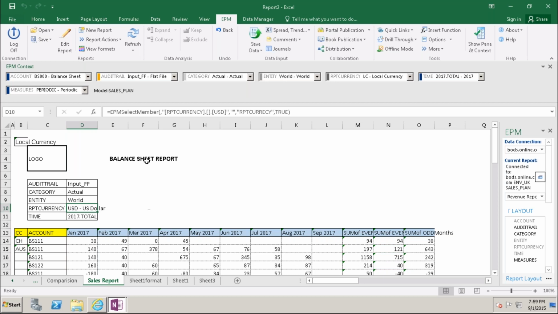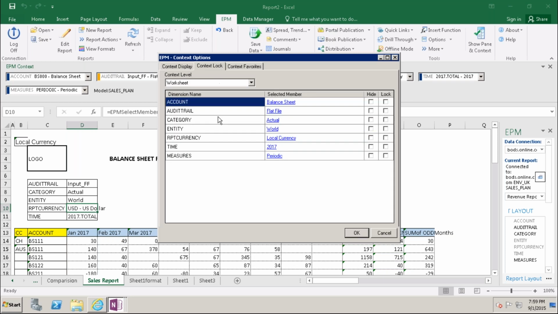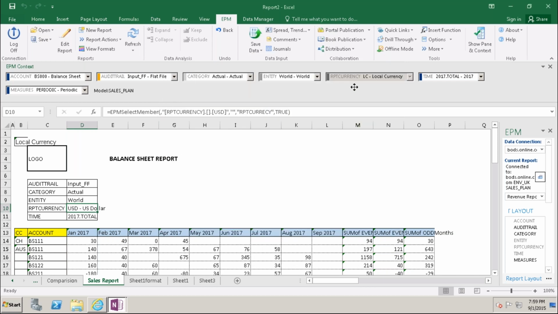At the end, when I'm going to lock, in the context options, context lock, that RPT currency, it will lock, but automatically this is a select member I am taking, and here the OLAP member. When I'm going to change here, automatically this one will change and report will refresh based on this.